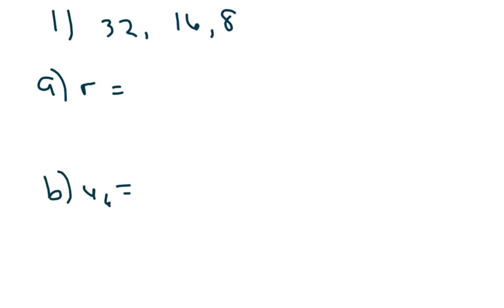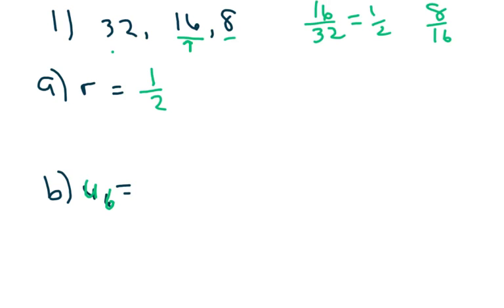So here's the first one, and again, I did shorthand on this. I suspect you should know the symbolism. In our class, we used A versus U, but it's the same thing. So in this case, they give you the first three terms of a sequence, and R is 1/2. Because all you have to do is take the current term, or the term you're looking at, divided by the previous term. That would be 1/2, or 8 over 16. Look at that one, divide by 16, that's 1/2. And they want you to find the sixth term,